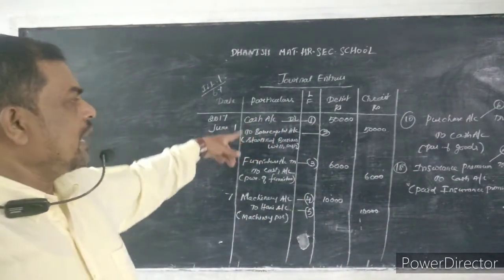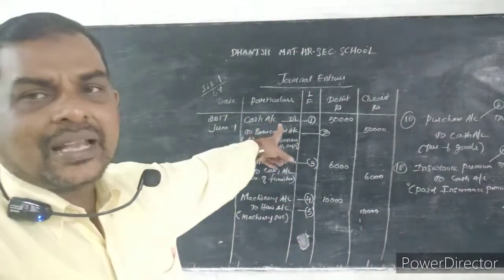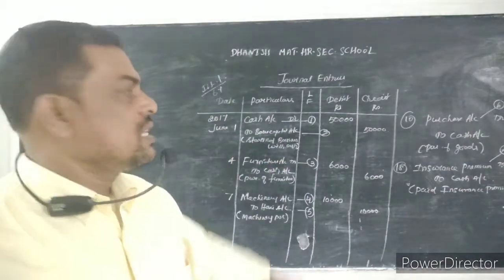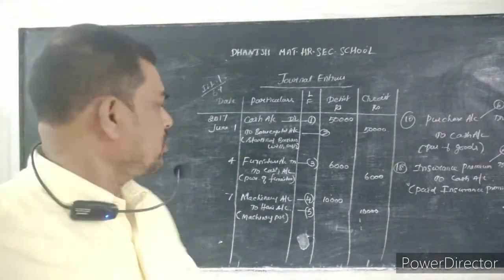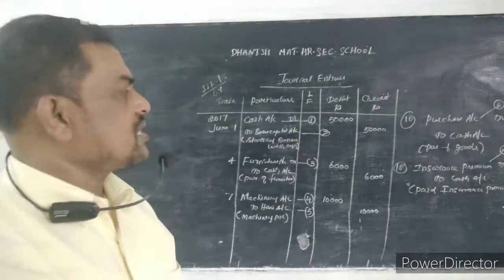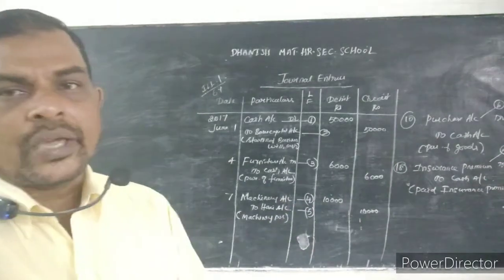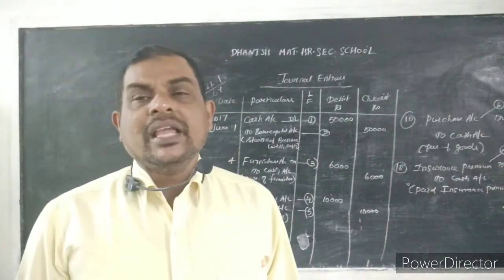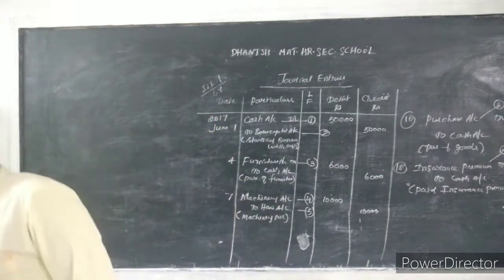Okay. So based on the numbers we have allotted, first we have to prepare the ledger account for cash. Second, Basu's capital. Third, furniture account. Fourth, machinery account. Fifth, Harish account. Sixth, purchase account. Seventh one is what? Insurance premium account. Okay. Now I will prepare ledger account number 1. What is the first ledger? Cash account.